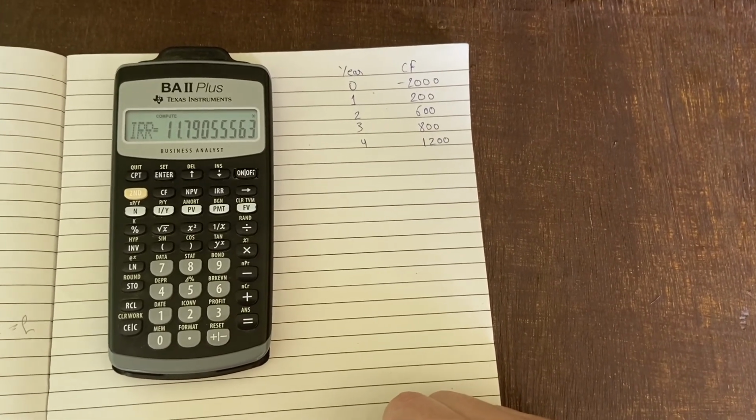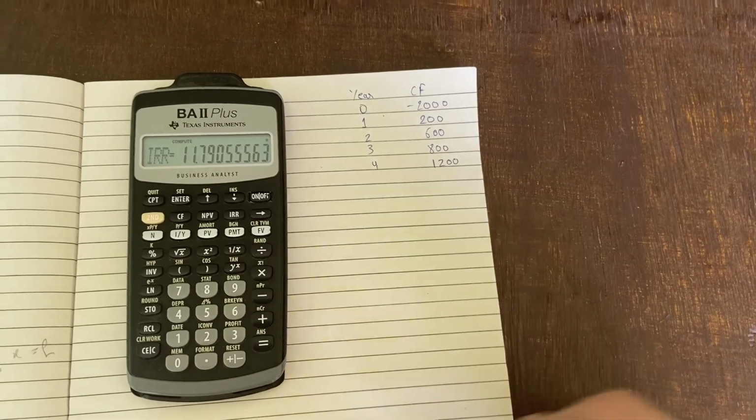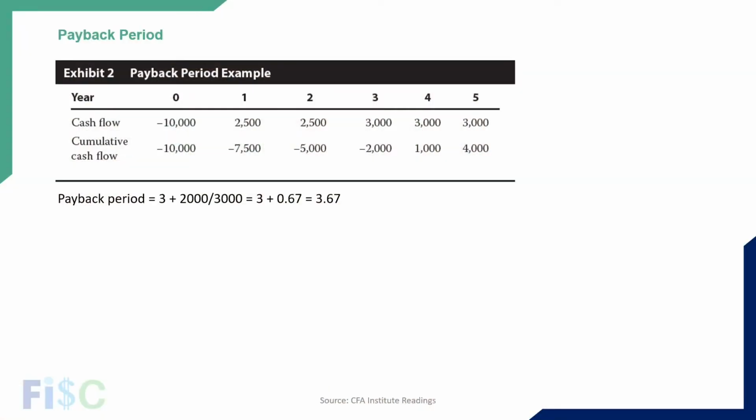Now we will discuss payback period and discounted payback periods. So now we will study about payback period. Payback period is basically a method in which we determine in how many years we will get repaid for our initial investment. So in this current example, you can see that the cash flow is 10,000, which